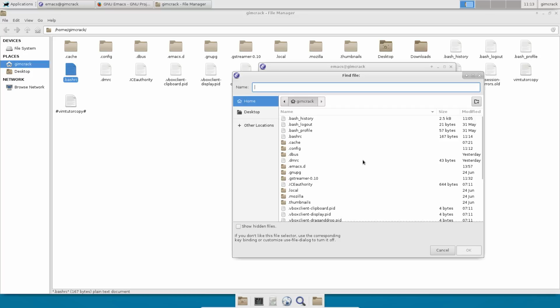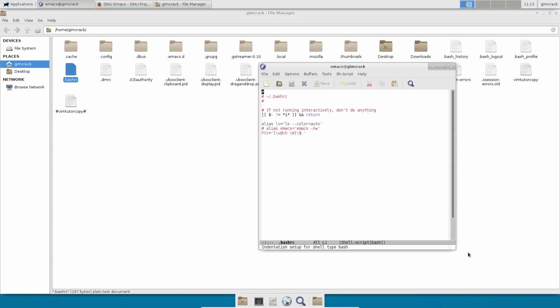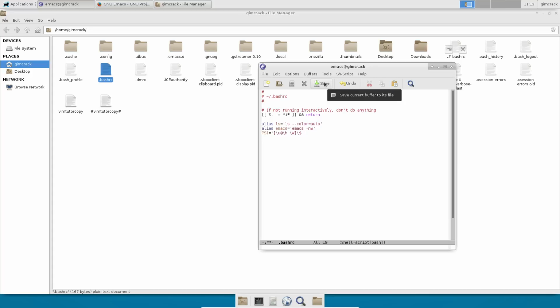Oh yeah, that's pretty decent. That's how it opens up a file here. And then open this up, press OK, and then I can just use the arrow keys, and then save it. I just go ahead and do the graphical here, save,